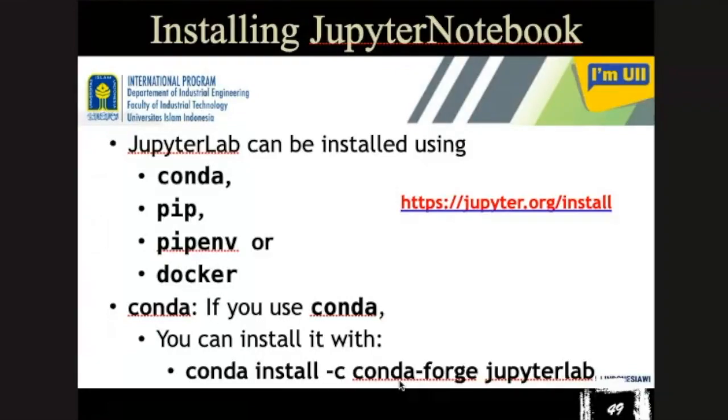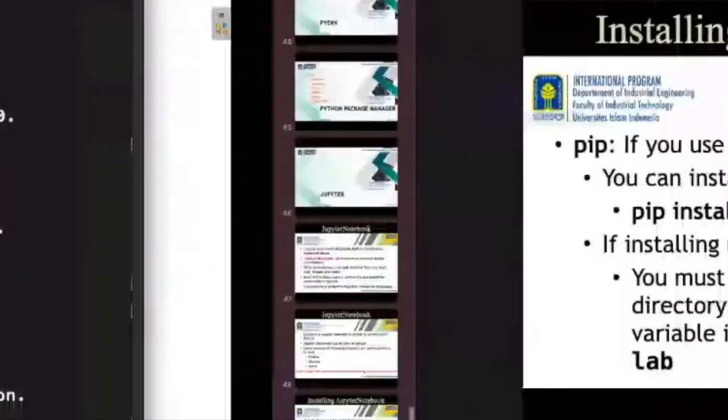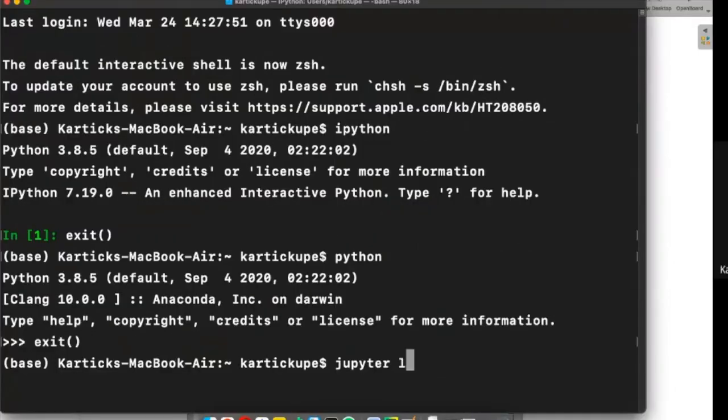But as I said, a recent version of Anaconda and Python installation includes Jupyter Lab, so you don't need to install it separately. Instead of writing IPython, if you write Jupyter Lab and press enter,